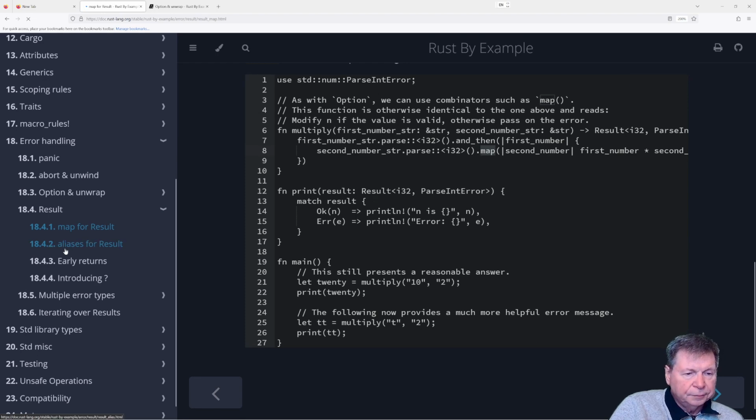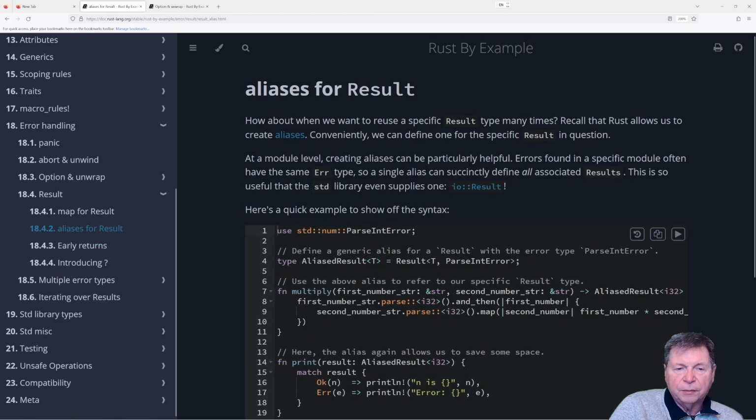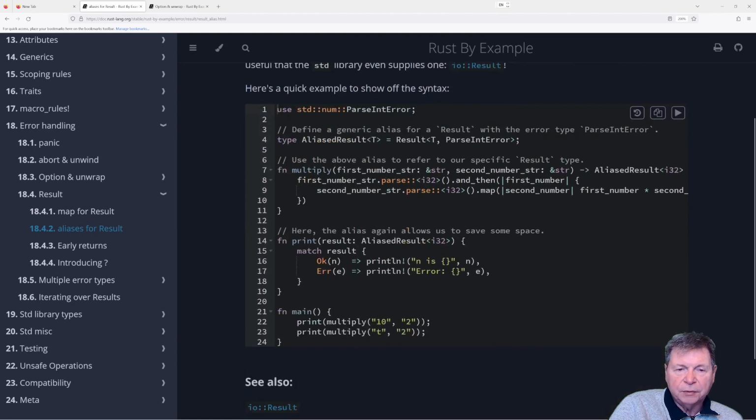Okay. Aliases for result. We create aliases for result so we can have specific kinds of results, I guess. Alias result T, parse into error. Okay, fine.